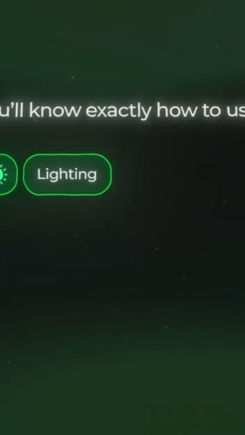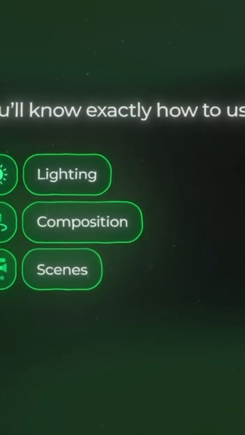You'll know exactly what lighting to use, the composition, and all the scenes. But if you skip it, you'll end up making all those technical decisions randomly, and the final result will feel low quality. So if you want to take full advantage of this principle, you need to also use the fifth